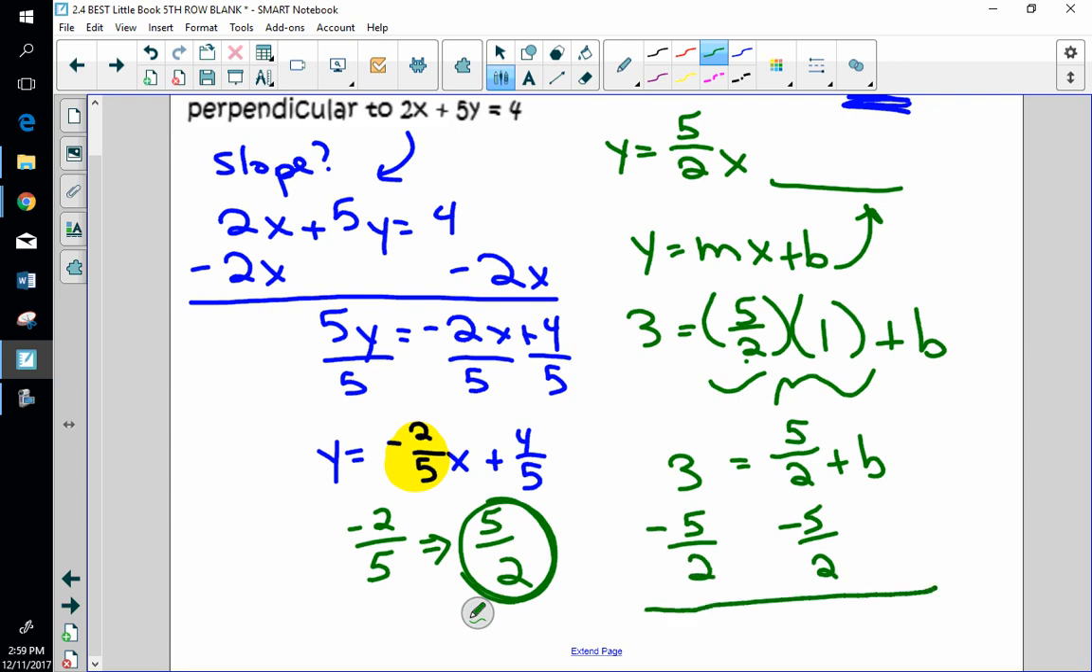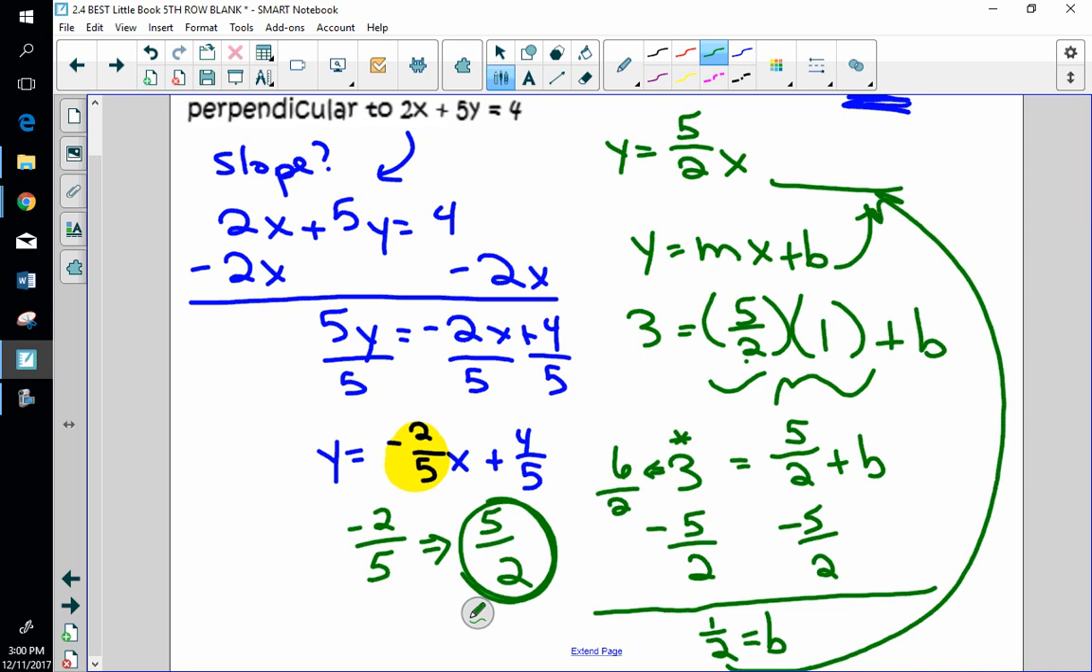How do you subtract 3 minus 5/2? Well, you need to change 3 to halves. How many halves? Well, you just multiply 3 times 2, and that's 6/2. So 3 is 6/2. So it's 6/2 minus 5/2. It's 1/2. And that's what b is equal to. 1/2 is your intercept. So your final answer, the equation of that line, is y equals 5/2 x